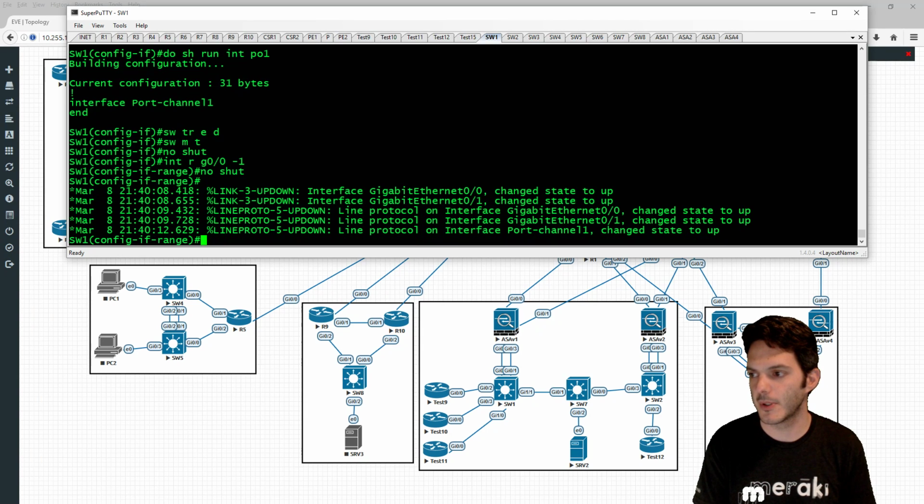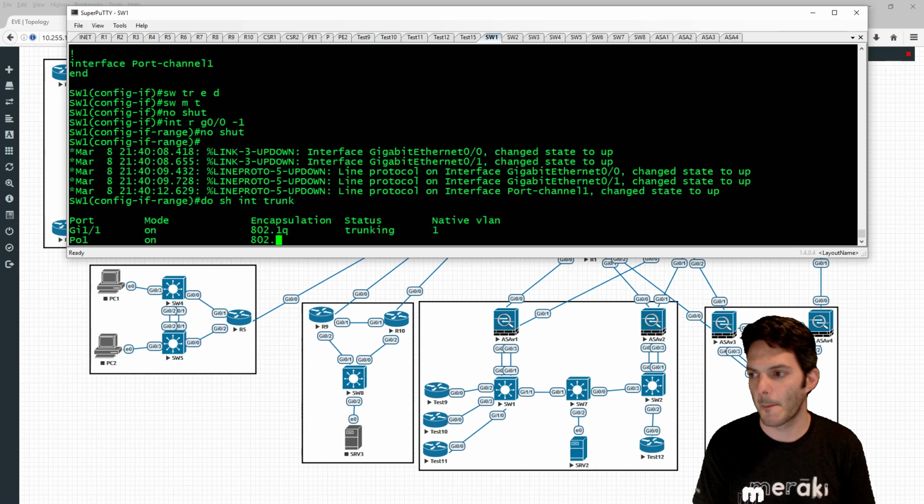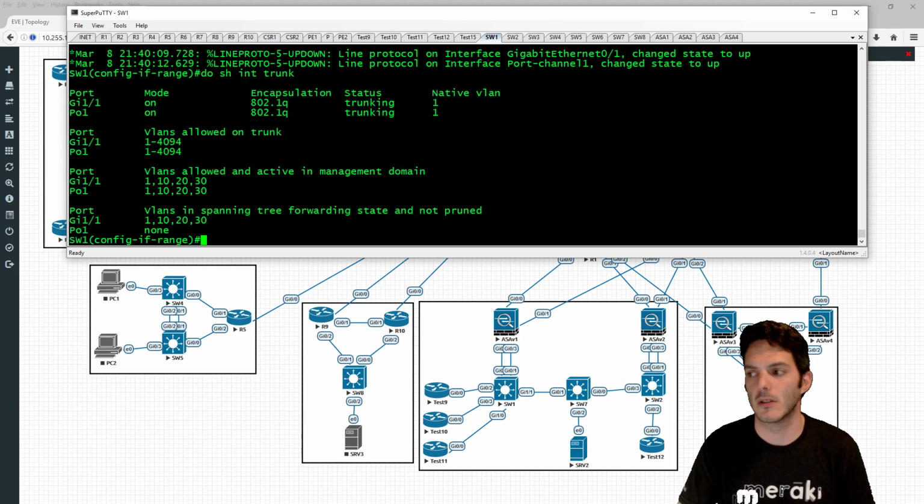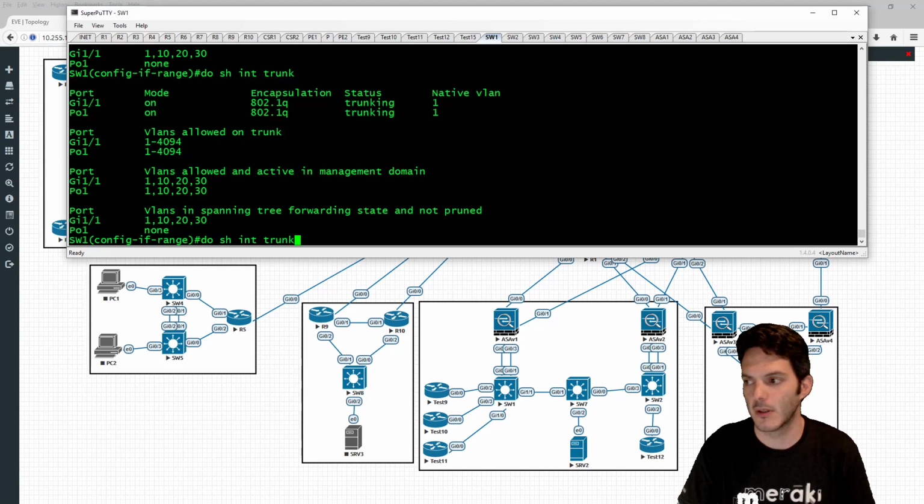So the port channel is up. Do show interface trunk. We should see the port channel is there. Now we have to wait a moment for spanning tree to go into forwarding mode. That should take a couple of seconds. Now, considering I shut the interfaces down,